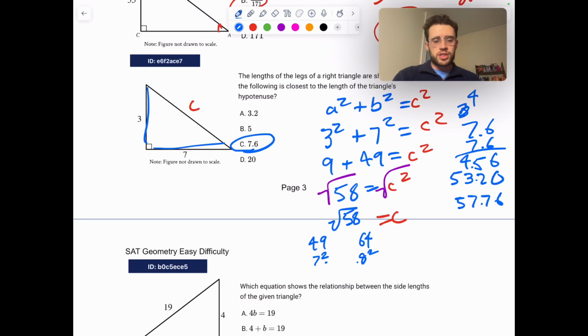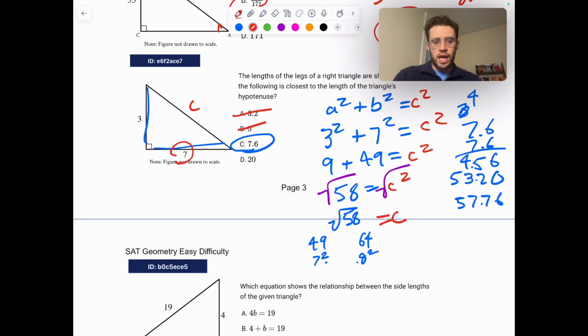Now, another way you can do this one without using a calculator is just we know that the hypotenuse is the longest side of a right triangle, right? So the hypotenuse must be longer than either of the legs. In this case, C is our hypotenuse, so C has to be longer than 3, and more importantly, it has to be longer than 7. So we can quickly rule out A and B, because both of those are shorter than one of the legs,